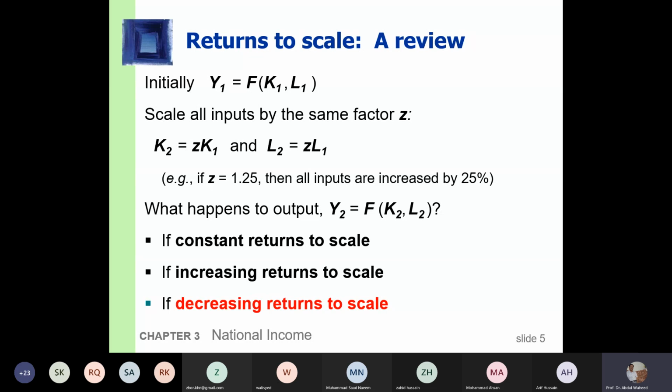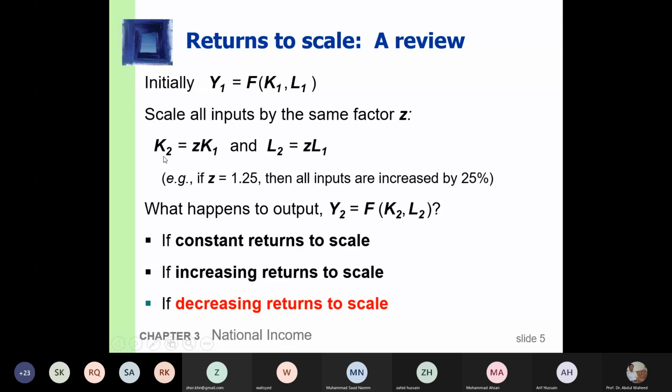And if we increase all inputs by some proportion and output increases by more than that proportion, then we say there exists increasing returns to scale. And if we increase all inputs by some proportion and output increases by less than that proportion, then we say there exists decreasing returns to scale. So we have three types of returns to scale: constant, increasing, and decreasing. Now, to understand this,